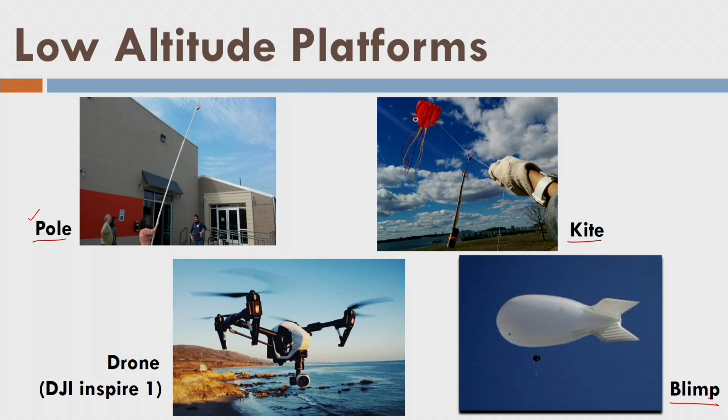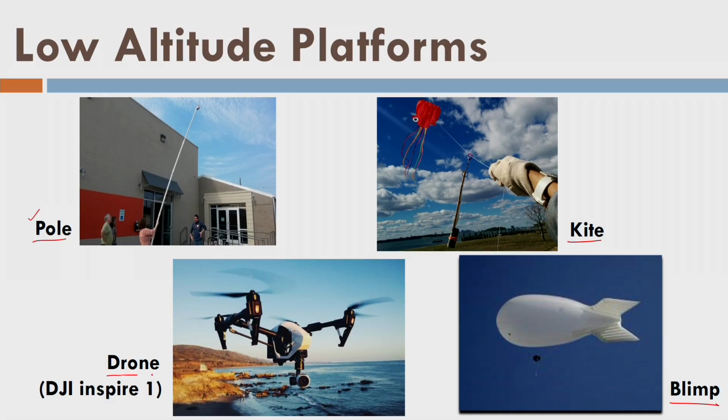Similarly, we have a blimp. A blimp has helium gas filled into it, or even we have a balloon. Blimp and balloon are the same kind of arrangement where they have helium gas, which is quite a light gas, and the balloon is again carrying the camera on its thread, and the thread is connecting the human and the balloon. So, that suspension arrangement is also there, and using that suspension arrangement the camera is suspended in the air, and at a certain height we try to acquire some information using an automatic triggering mechanism. So, that is the idea here.